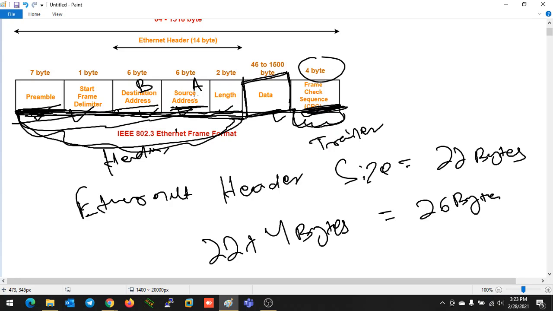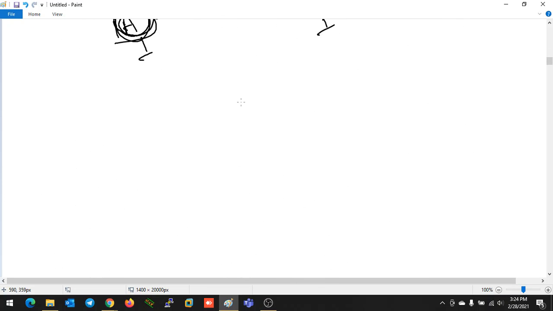So the two fields you get here, destination address and source address, maintain the destination MAC address and source MAC address. Then another field we are going to see here is named length. This is actually the header length. This length field will define the size of your header.